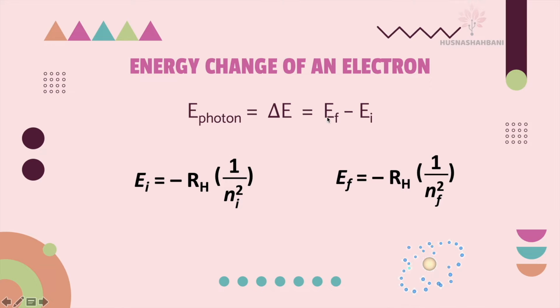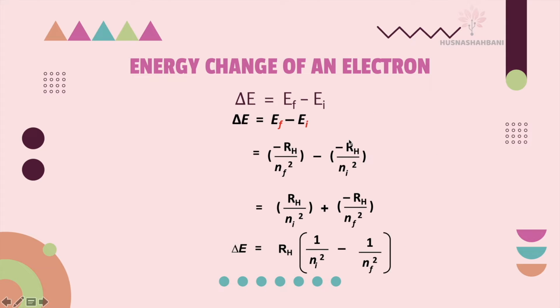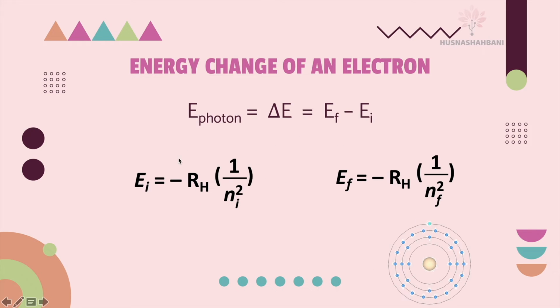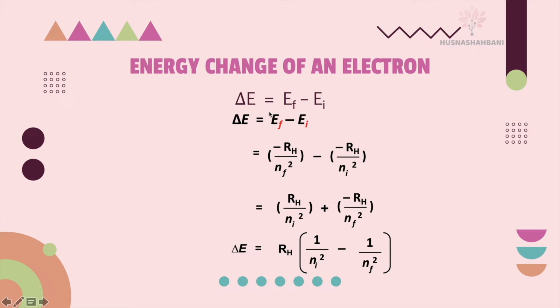So energy change equals energy final minus energy initial. If you substitute energy final minus energy initial from these equations, this is the equation for energy initial, and this is the equation for energy final. So we know that change in energy equals energy final minus energy initial. Substituting, n final is for energy final, and n initial squared is for energy initial. If you substitute this, it will become